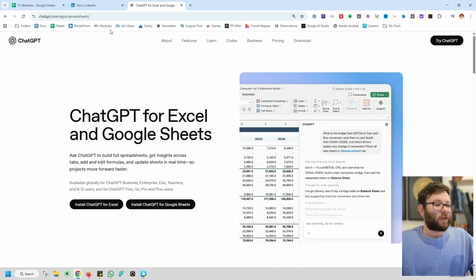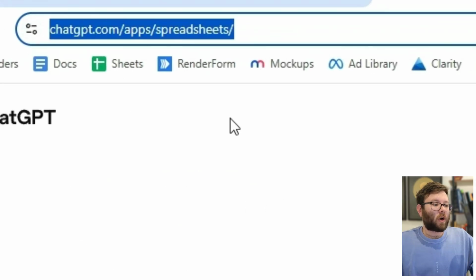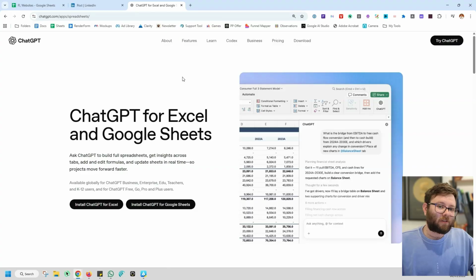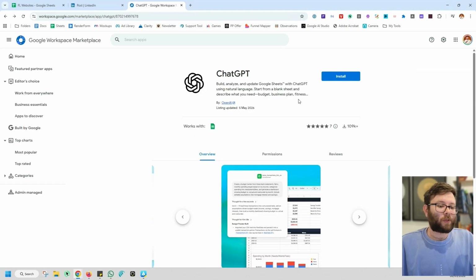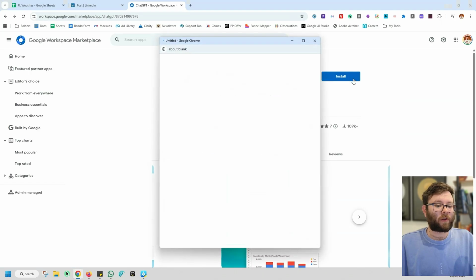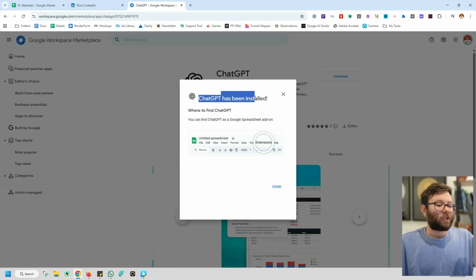To get started, you'll want to go over to chatgpt.com/apps/spreadsheets. I'll also leave a link in the description for you that will take you straight there. Once you're on this page, you'll be able to install it for ChatGPT for Google Sheets or for Excel. I'm going to do Google Sheets for this tutorial. You'll now come to this page where you can click install, and if you've done it successfully, ChatGPT will say